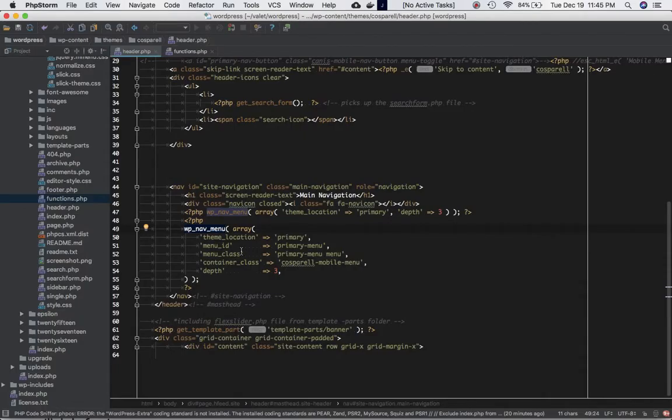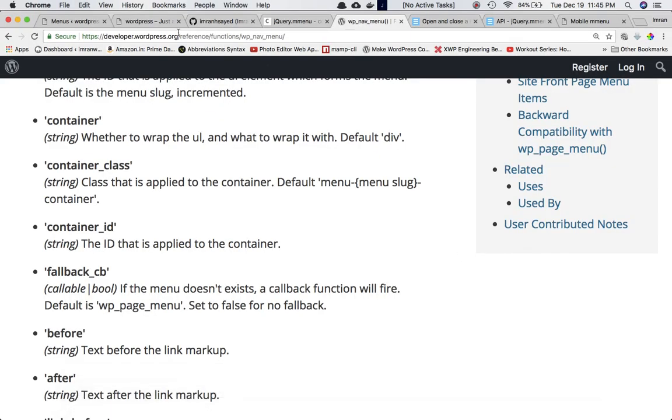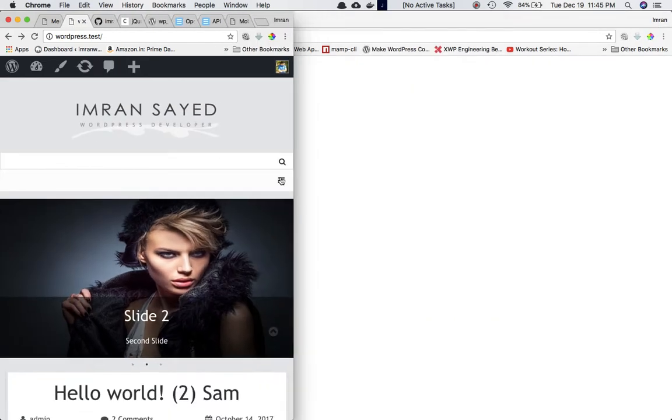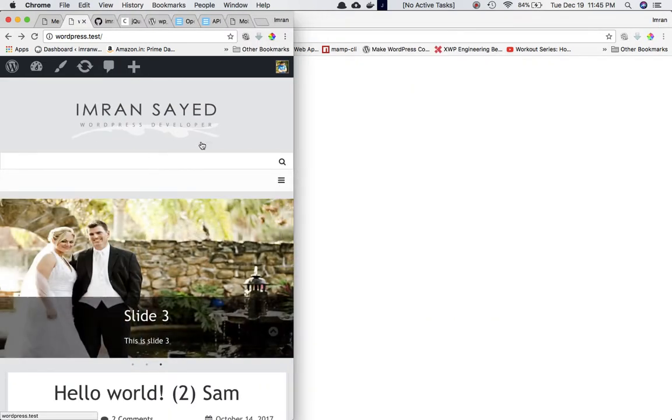Okay, and there are different things that you need to define. So what I've done is theme location, which is primary, menu ID is primary, menu class is primary menu, and container class is Cosperl mobile menu. This is basically the name of the class, which will be for the div that will be wrapping the menu. So if I go on to inspect element,